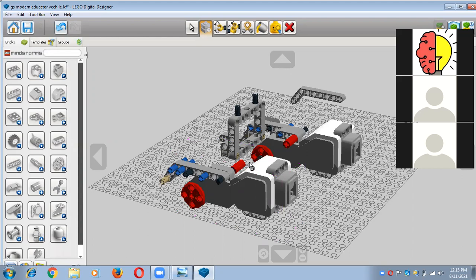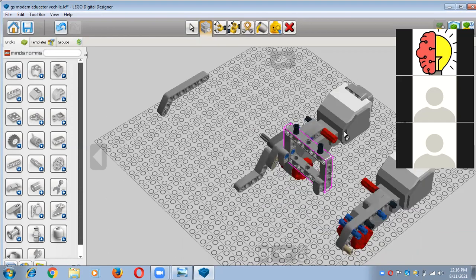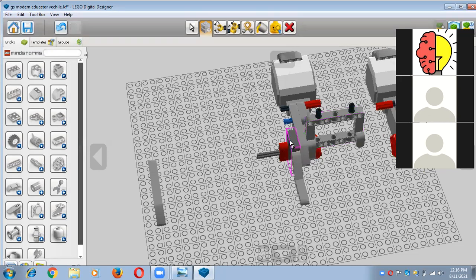Move on to the next phase, and in the next phase you need what? You need one Technic angular beam. So you have to turn your work plane area, and you have one Technic angular beam here, this one.